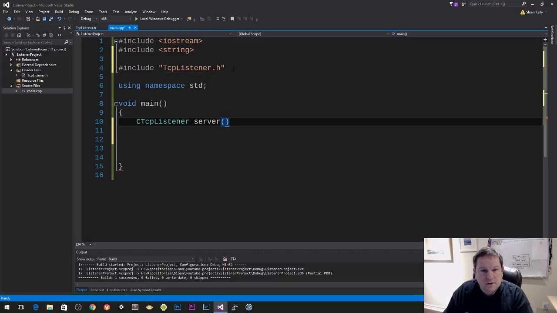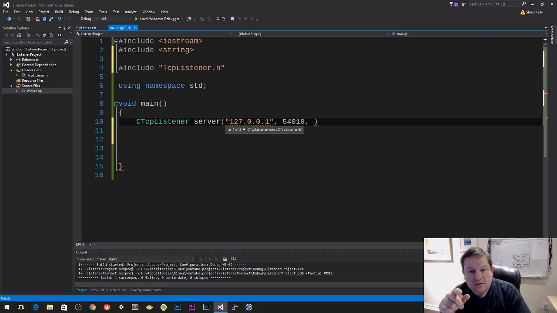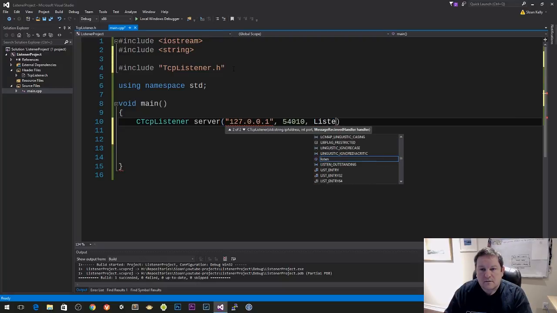Server, and that takes in some things. It takes in the IP address, the port number, which I'm going to make 54010, and the reason I'm doing that is because Avast annoyingly makes me want to do that there, and the message received handler, so that's going to be listener message received,